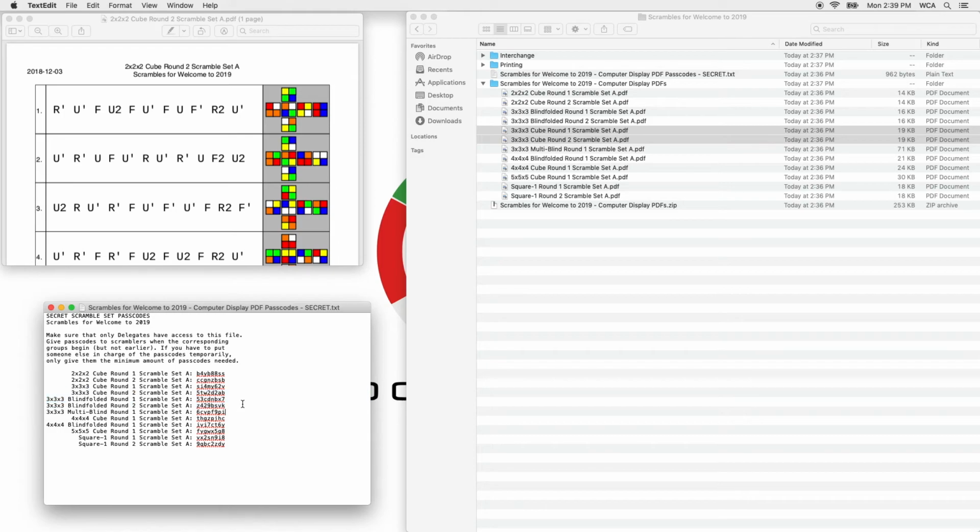But in particular, these codes should help keep restricted access, and we hope this works out to be a good solution. And if there are any quirks with the system or situations where this doesn't quite work, I'd be interested in hearing more about how this works for competitions in practice. So these are individually encrypted computer display PDFs for TNoodle, version 0.14.0, coming out hopefully today, early December 2018.